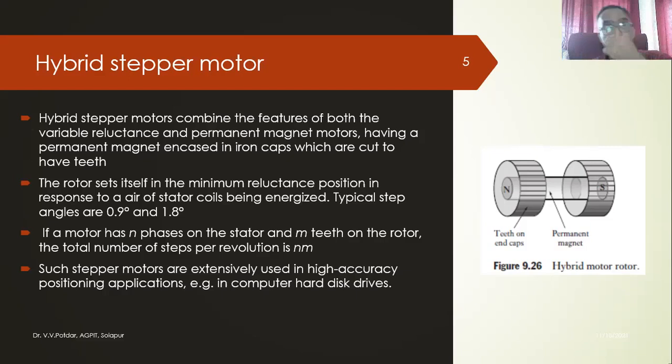That's why, as you can see, while we open any particular file in a computer, it does not so happen that the desired file is not opened. So the positional accuracy while reading the data is so important in this hard disk drive. So the hybrid stepper motors provide me that accuracy and precision.